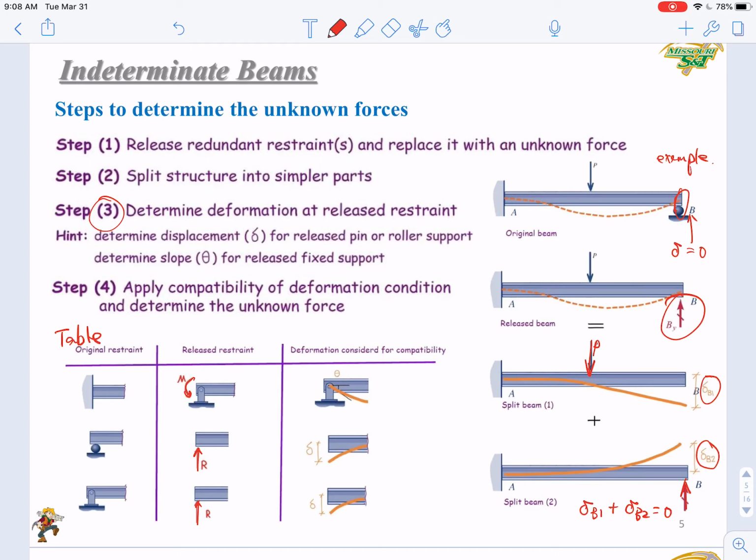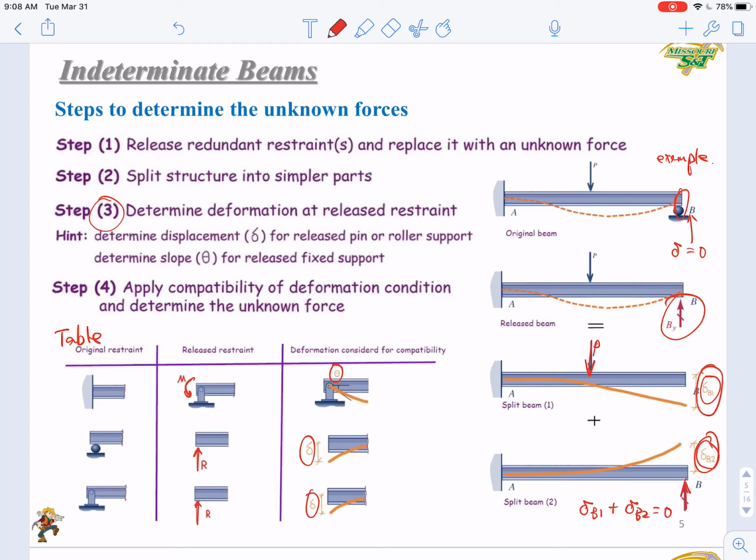So the deformation that can be considered for compatibility include 2 possibilities. One is delta, as we just analyzed here. You have delta B1, delta B2. The other possibility is theta, the slope,